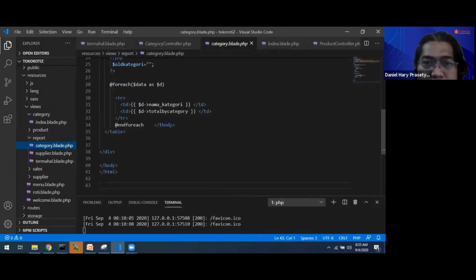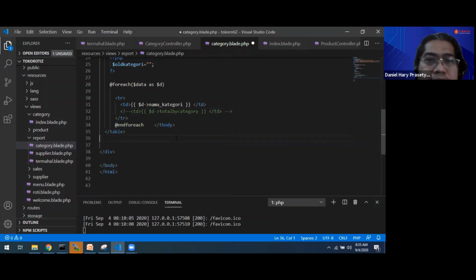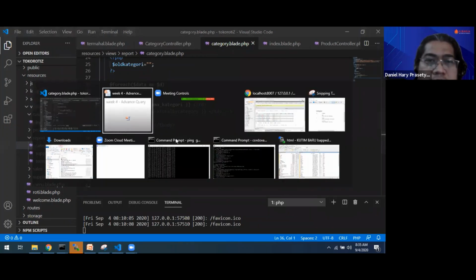Okay, so this one will raise an error if we do not close it. We see the result first.